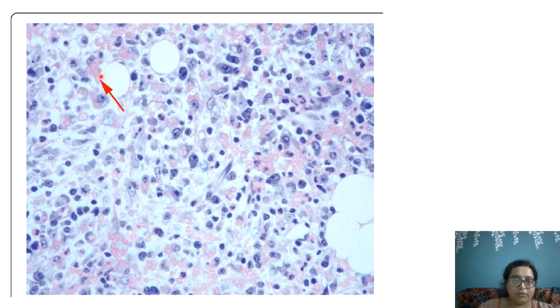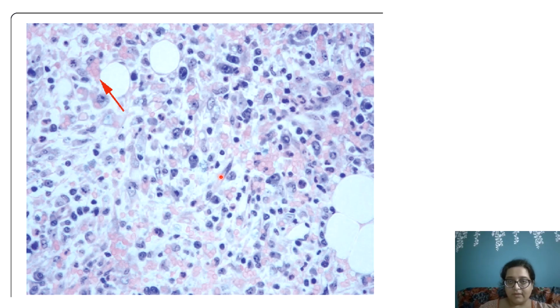Now you see, it's not very clear maybe to a lot of you, but can you see these pink halos? The arrow is also pointing at a cluster of pink halos. Can you see these? These are not RBCs, these are fungal bodies. See, all these are not RBCs, these are fungal bodies. So that kind of granulomatous response can be elicited by these also.